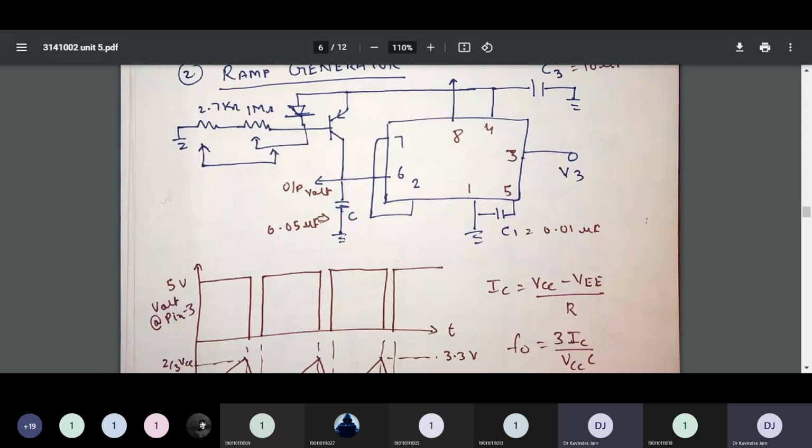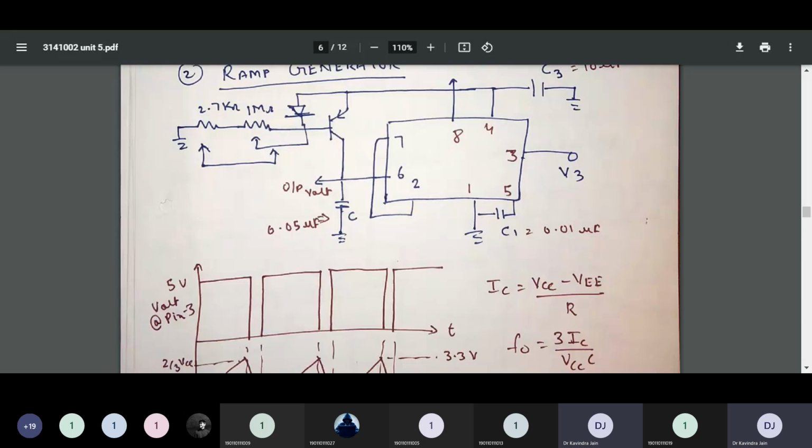C discharges through transistor Q1, but when the voltage across C reaches one-third VCC,